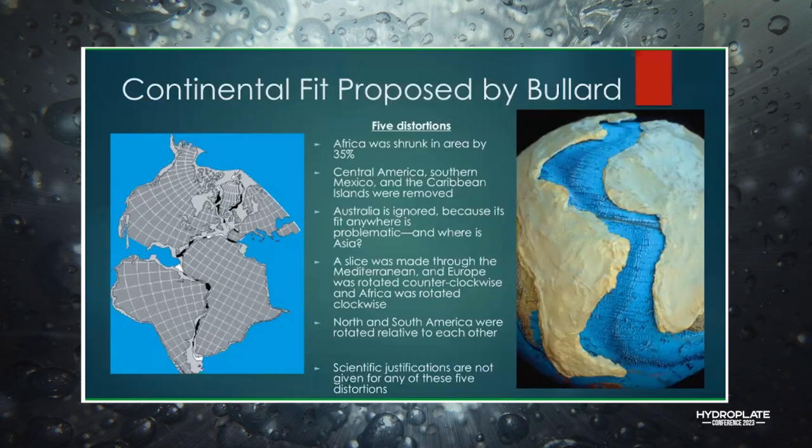Whereas a much better fit is shown there on the right, where we see that the existing continents, including their continental shelves that extend out into the oceans, are a good fit with the existing mid-ocean ridges there. You see that much of the area was torn away, so there's still a gap that's missing. That's all the rock and the crustal material that was torn away and flung out as part of the rupture. But you see that it's a much better fit, especially when we do it in 3 dimensions on that globe, as is shown in that picture.